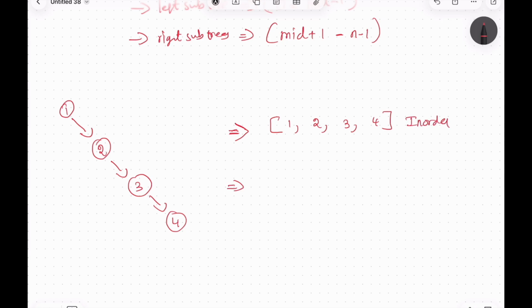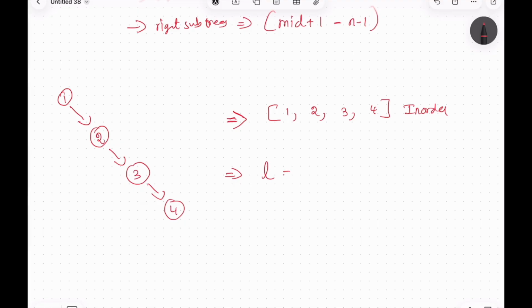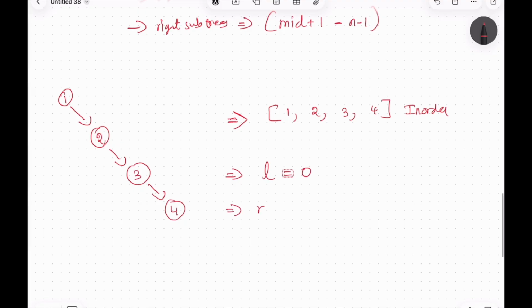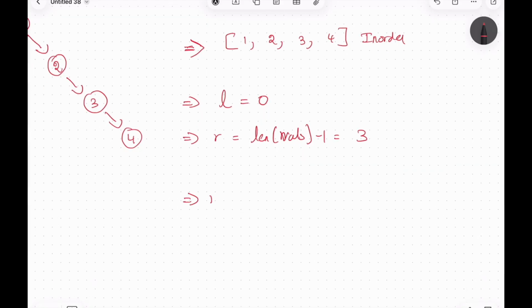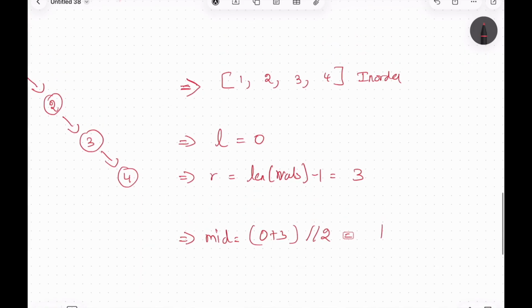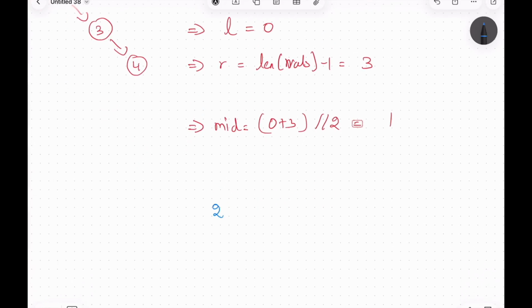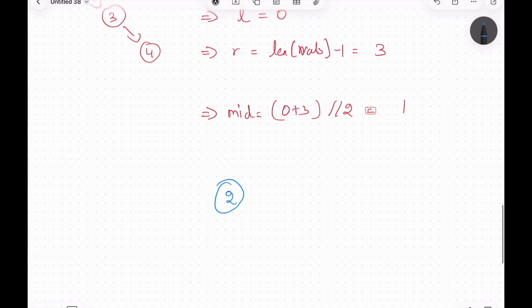And now what you will do is you will have a left pointer, which is 0, and a right pointer, which will be the length of the values minus 1, which is nothing but indices 0 1 2 3. So this will be 3, right? Now we have to find the mid, which will be 0 plus 3 divided by 2, which is 1. So let me change the color. 0 1 2 3. So the first node will be 2, so this will be the starting node,